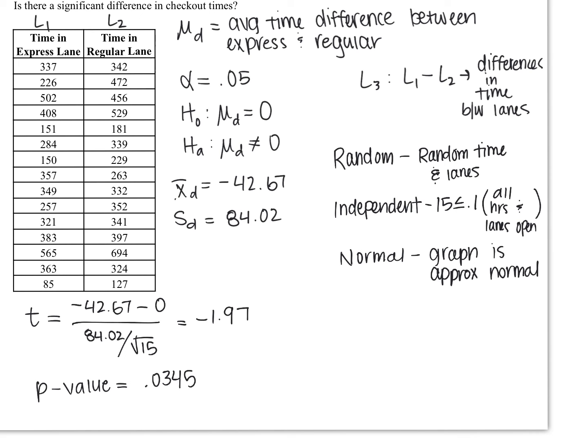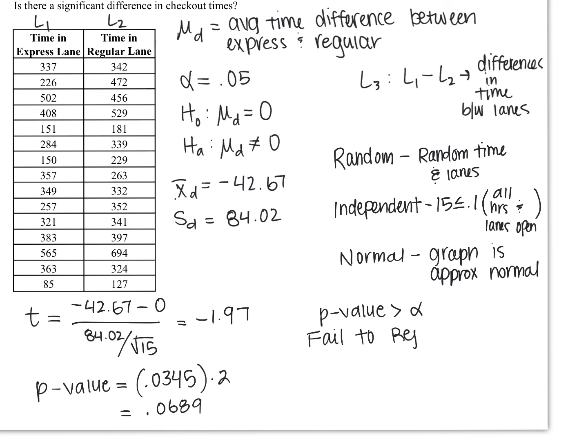Now the important thing to remember here is that we do have an alternative hypothesis of does not equal, so we do need to multiply this value by 2. So our p-value is actually 0.0689. So if we compare our p-value to alpha, which is 0.05, it is greater than alpha,